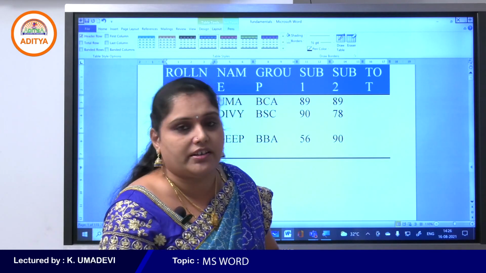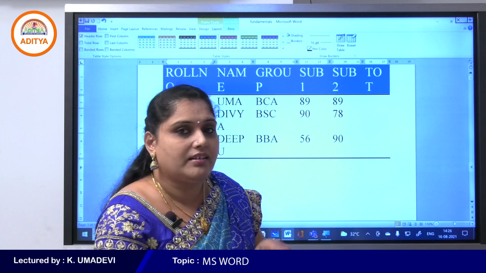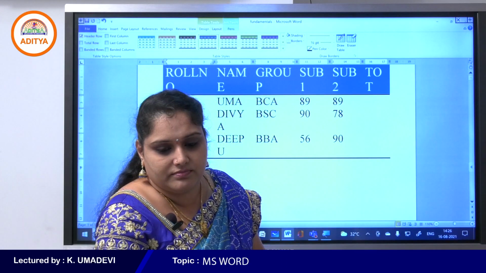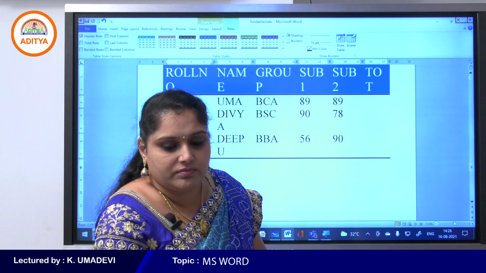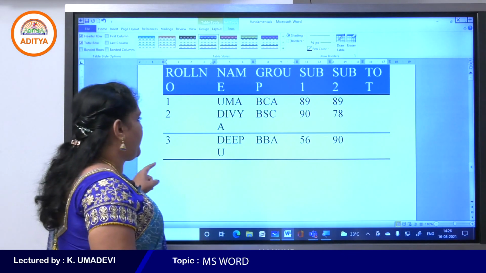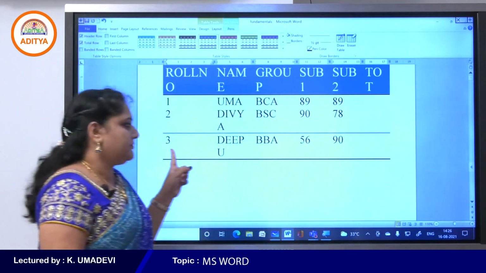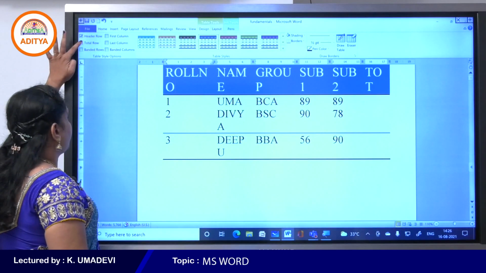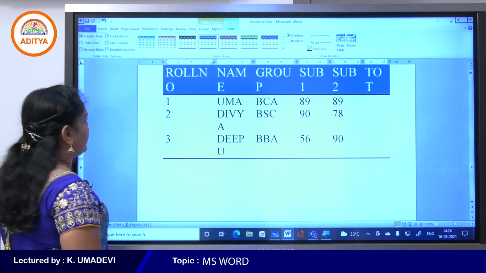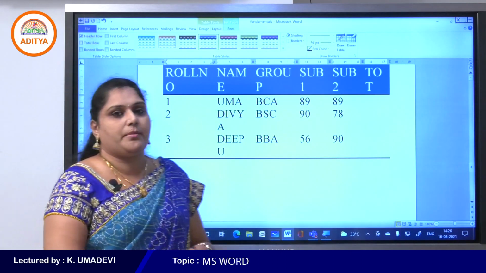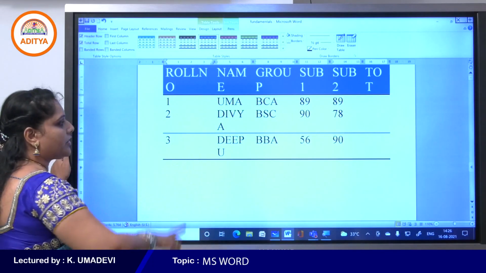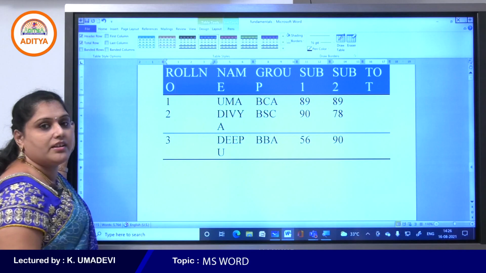Banded rows highlights alternate rows. Banded columns highlights the alternate columns. So what about total row? Total row. Here the last row has been highlighted. Am I right? Yes. It is used to calculate the total for the above cells. Otherwise, when you deselect the total row, it looks like a normal table. Just observe the changes, students. So this is the total row. That means the total row option is selected now.